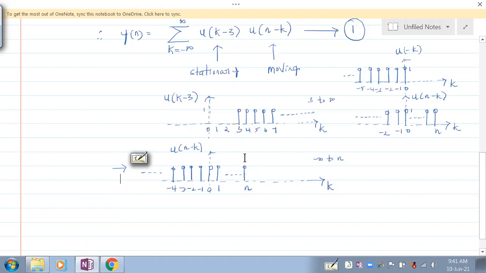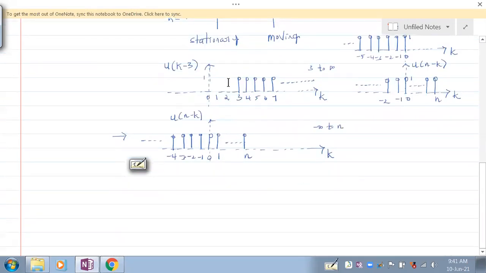Is that understood, everybody? Yes. For the first player to handshake with the first player here, this player should come and stand at 3. So for this player to come and stand at 3, this n should be equal to 3. That means when n is less than 3, suppose this n comes and stands at 2 here, or at 0 here, there are no players handshaking. When n is less than 3, no overlapping, no players are handshaking. You understand that?